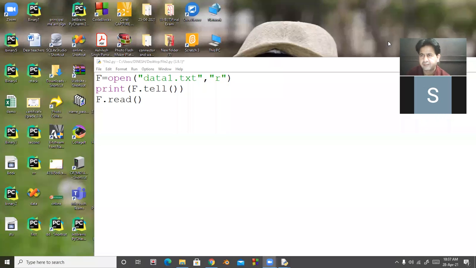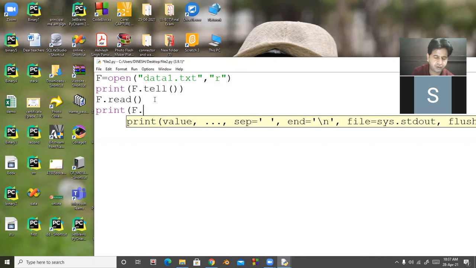We read the data. I use here print f.tell().